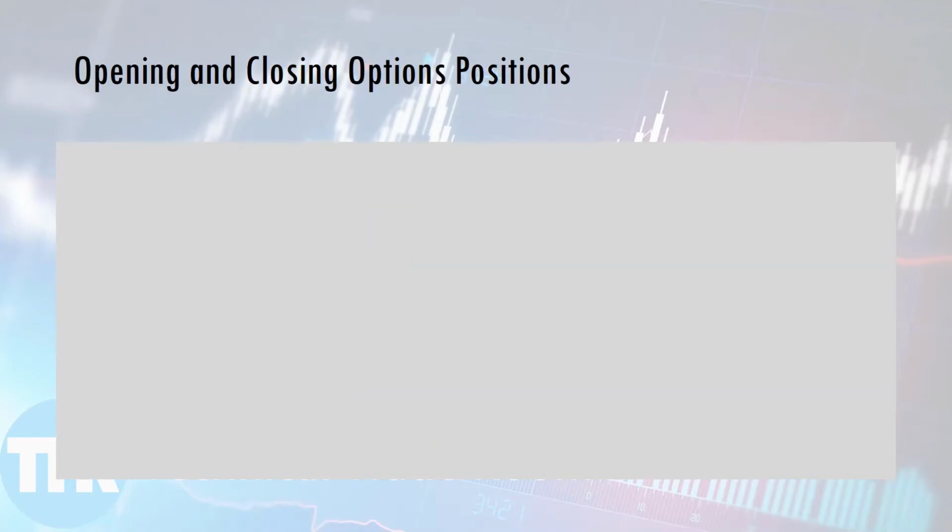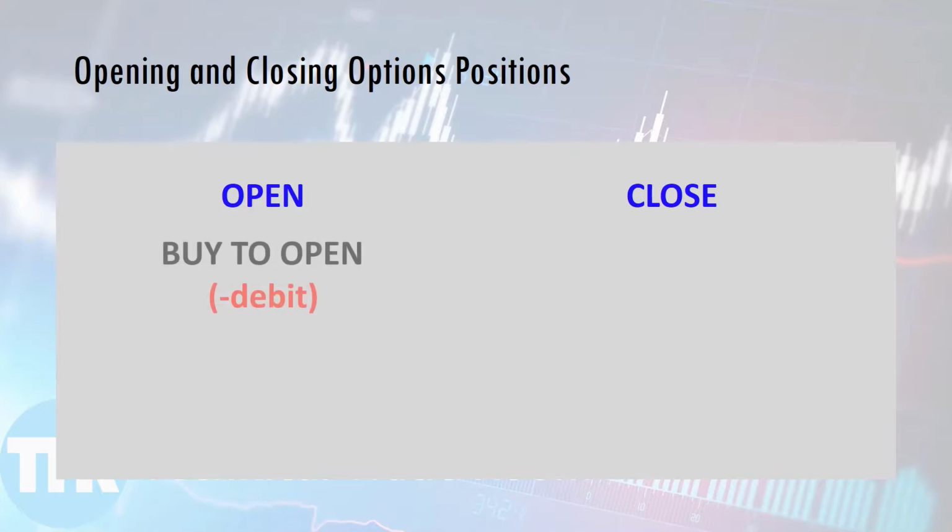Now that we know the difference between buying and selling option contracts, let's cover how you can open and then close those positions. If you buy to open a position, then you are paying the option seller the premium for the contract, which is why I've noted this position with a debit. Now, let's say that after opening that position, you one, no longer think the stock will go in the direction that you originally thought, or two,